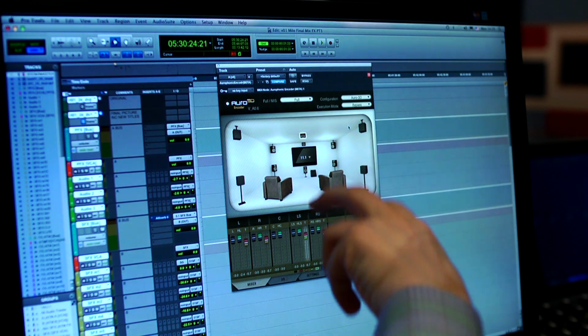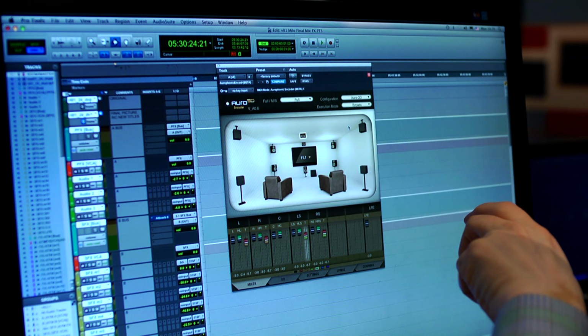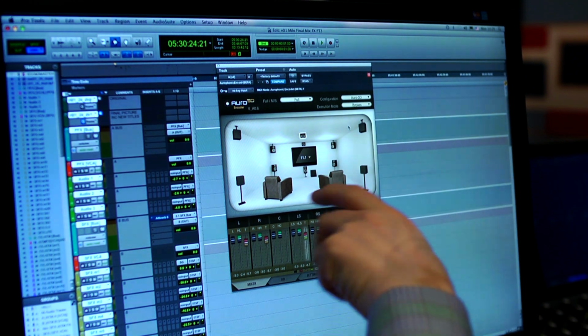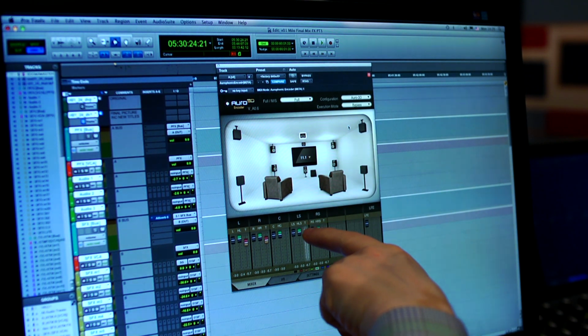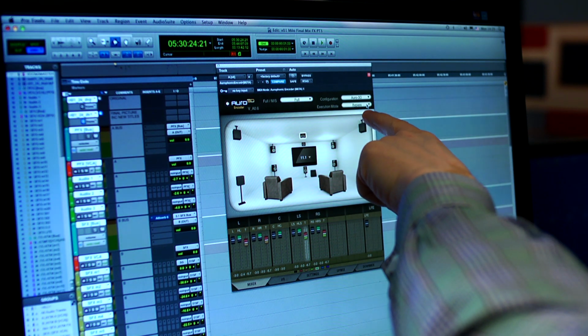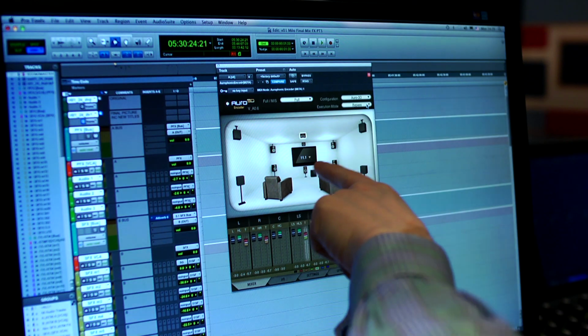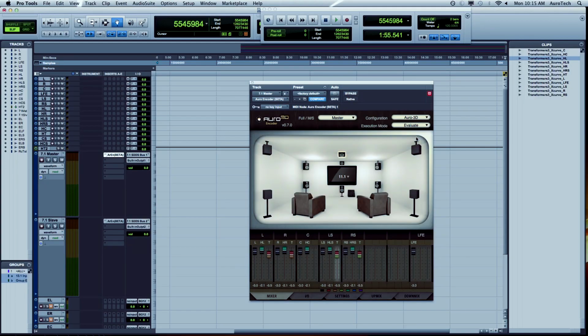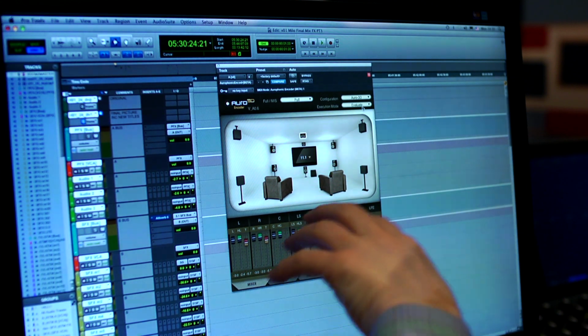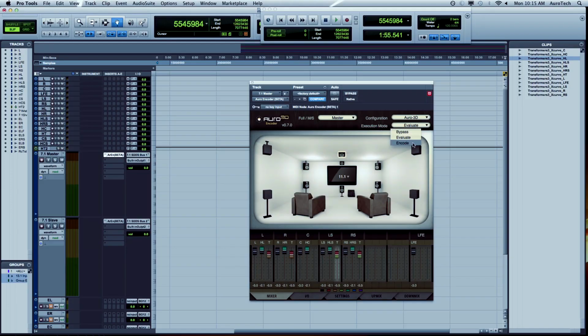So the concept is that this plugin is being inserted in the final mix bus. This allows us the creation of the Auro 3D 11.1 format and the Surround 5.1 format simultaneously. This very cost-effective way of working is possible with these three modes. In bypass mode, we are listening to the 11.1 version. In evaluate mode, we are listening to the 5.1 as a result of the creative mix being done with these faders. And when everything is mixed and ready for the final mix, we can of course then encode the 5.1 as a result coming out of the 11.1 mix.